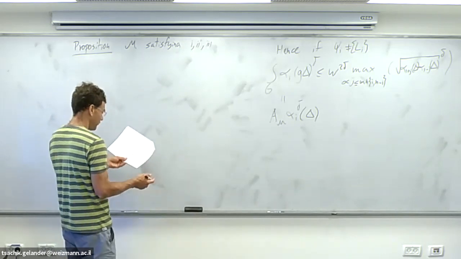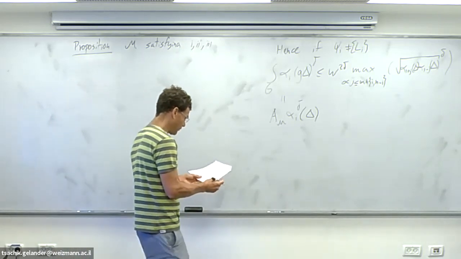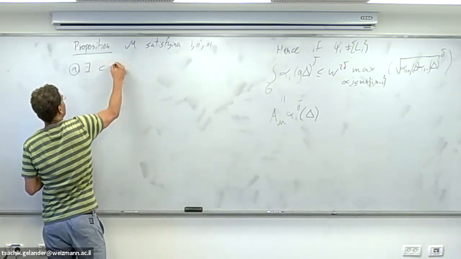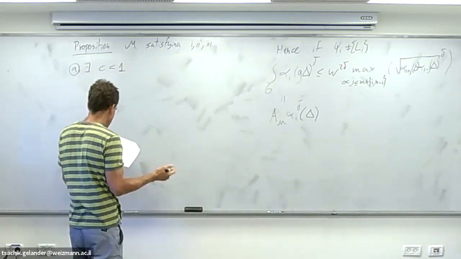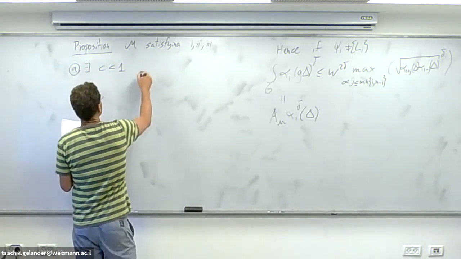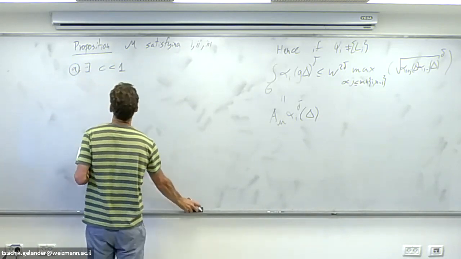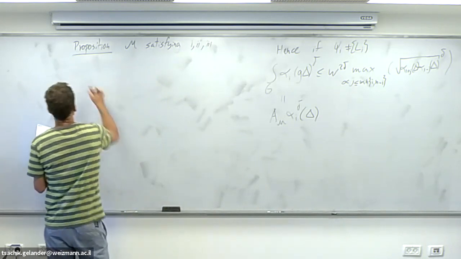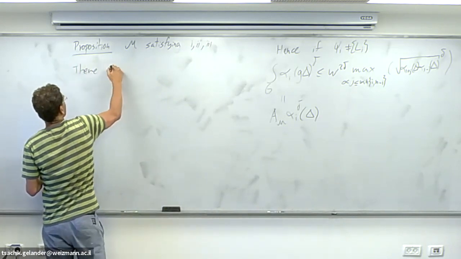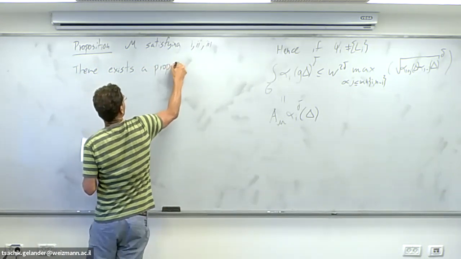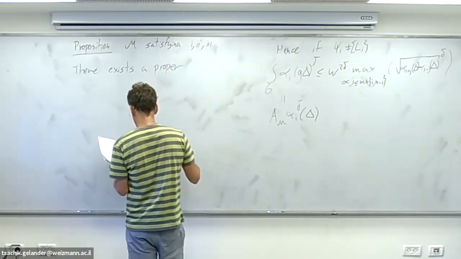W is what was before, and C is what was before. Then there exists C smaller than 1, so it is smaller than 1 by the level that we had, and delta. Okay, that's what you just showed. But so there exists a proper Margulis function